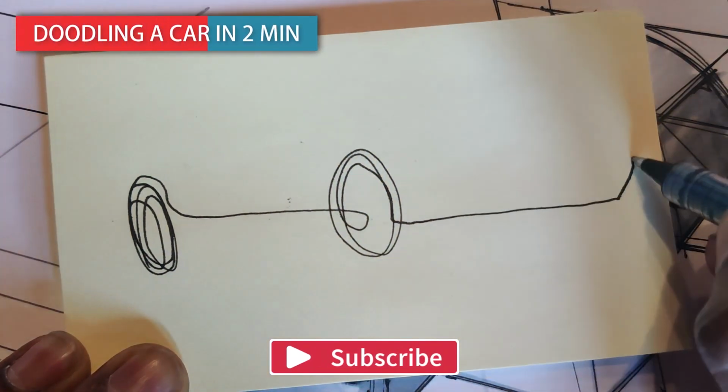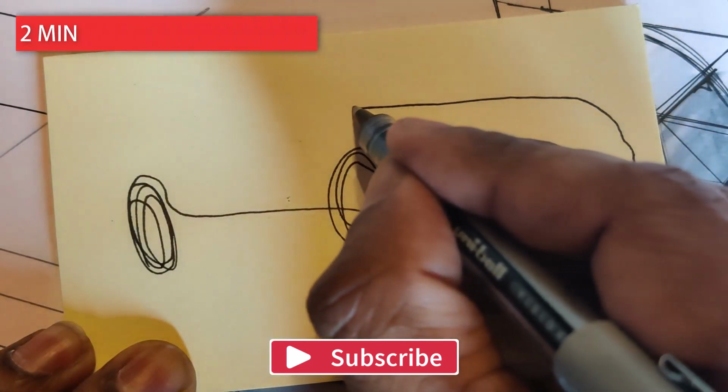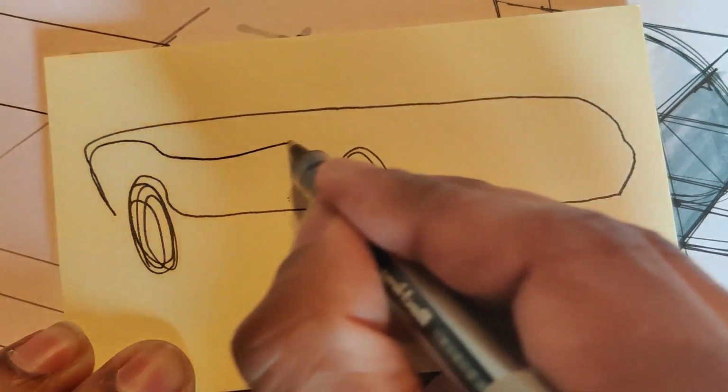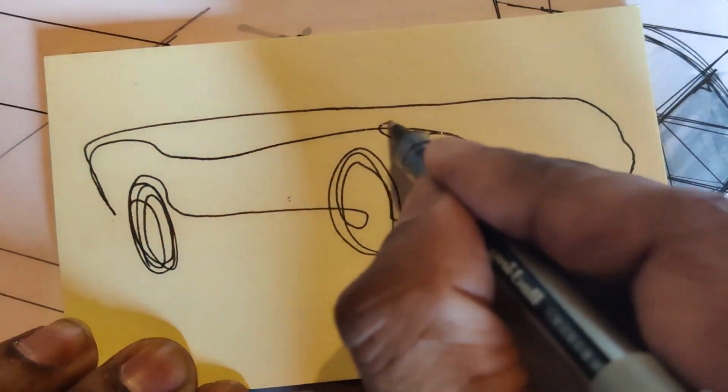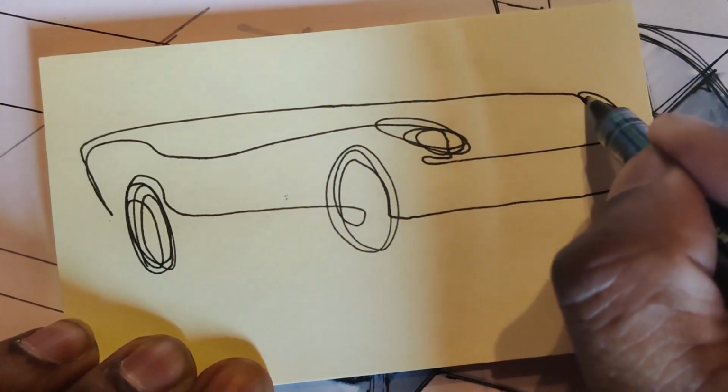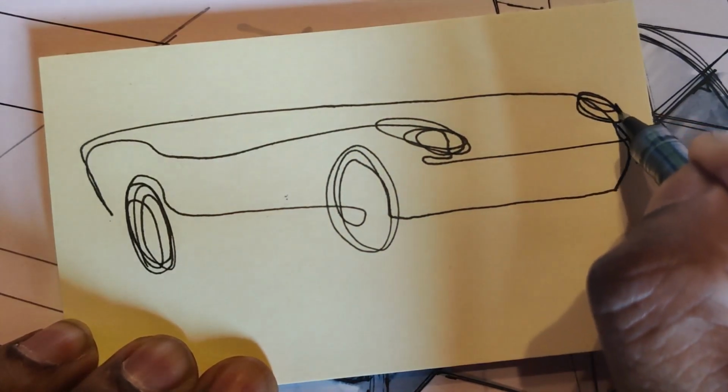One of the things I do here in this doodling method is to make sure that I do not leave the pen off of the paper or the post-it note here in this case. So this really poses a formidable challenge because